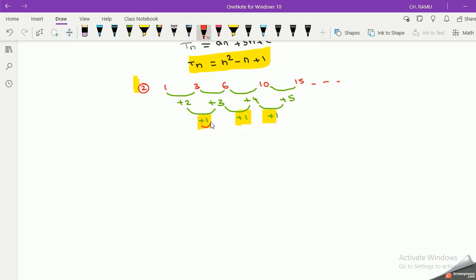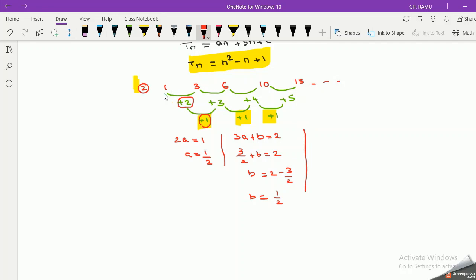Now how do we find the nth term of a quadratic sequence? I told you the second difference should be equal to 2a. So 2a is equal to 1, so a is equal to 1 by 2. The first difference always should be equal to 3a plus b, which is equal to 2. Now substitute the value of a: 3 into 1 by 2, 3 by 2 plus b is equal to 2. So b is equal to 2 minus 3 by 2. So b is equal to 2 twos are 4, 4 minus 3, 1 by 2.